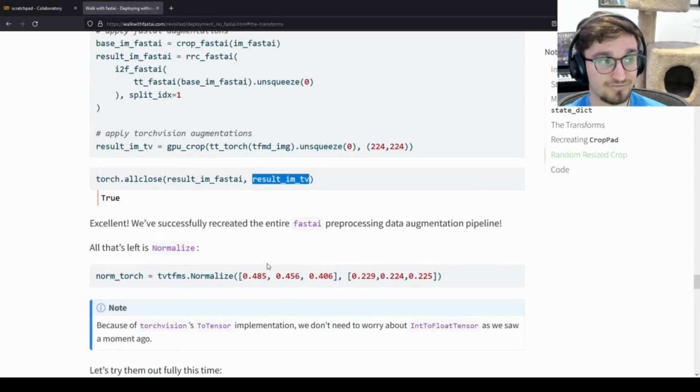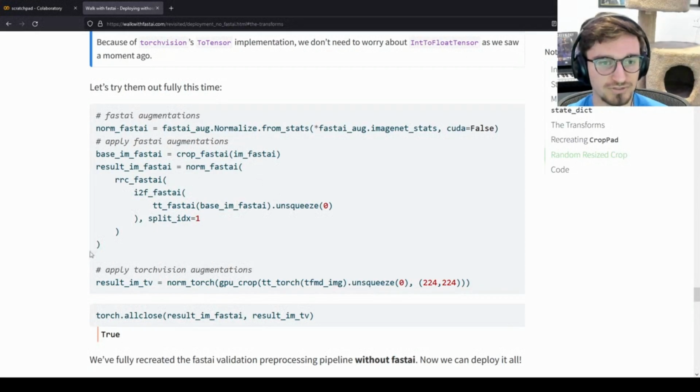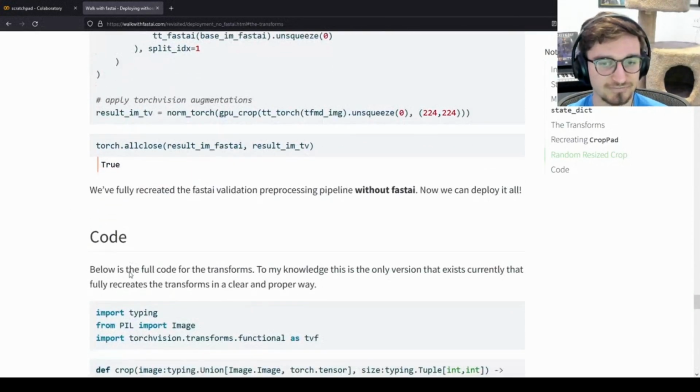So now that we have basically everything, the last step is normalizing. And with normalizing, we can just use torchvision for that because it's Normalize, and fastai does nothing special in normalization. It is one-to-one, because you can't really normalize different ways with PyTorch. That's accepted. You can, but it's not done. So we can apply this all at once, check it, and now we can deploy it, right? So we can deploy based on this snippet